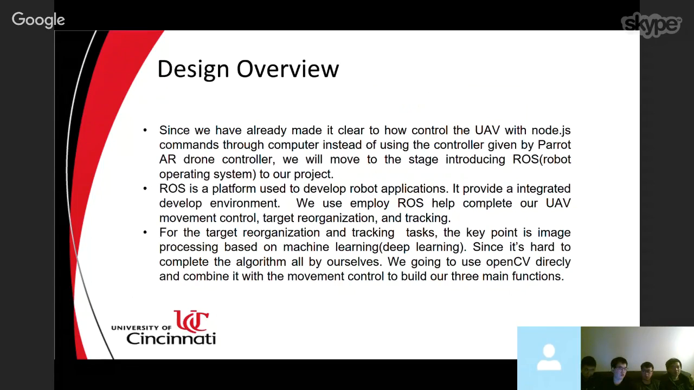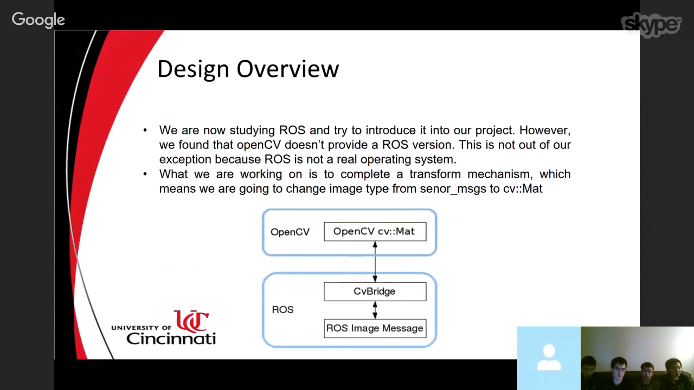Next, I will introduce what we are now working on. Since we already made it clear how to control the drone by our computer and write programs in Node.js, we are now starting ROS and trying to introduce it into our project. However, we found a very important problem that OpenCV doesn't provide a ROS version. Like what we said previously,